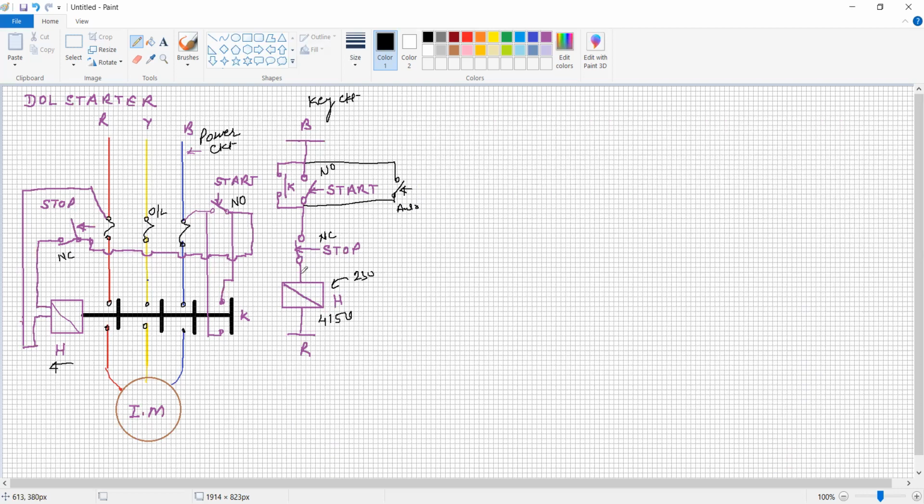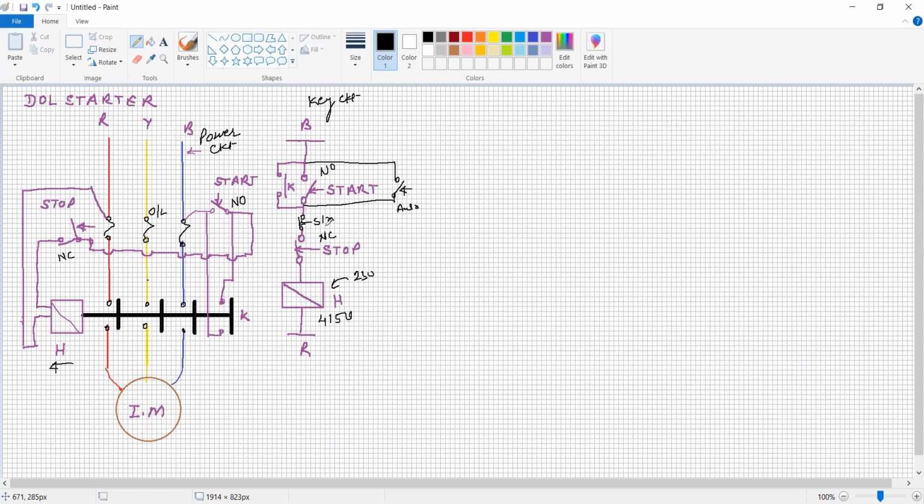Similarly, if you want to add a stop button, to stop from the remote or when some signal is there, we will connect one stop button in series with the motor, in series with the control circuit. Again, this is a stop button. This button may be used for remote operation or for automation purposes. So by these different combinations, we can use